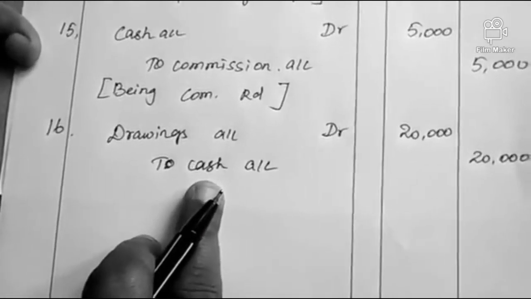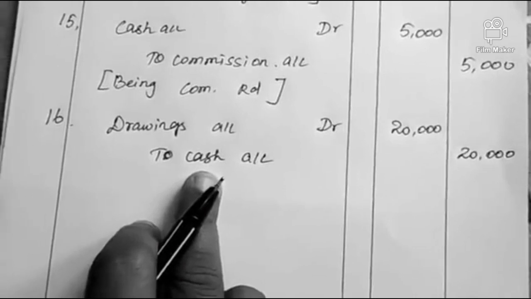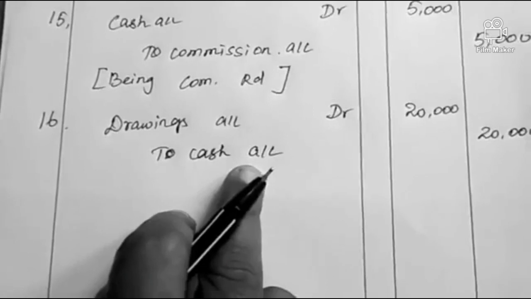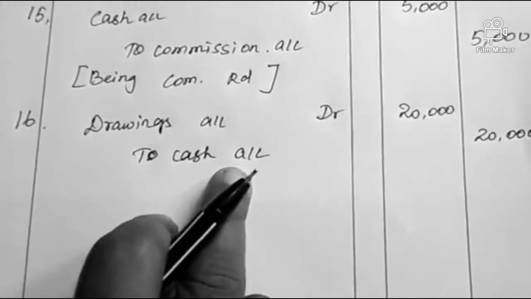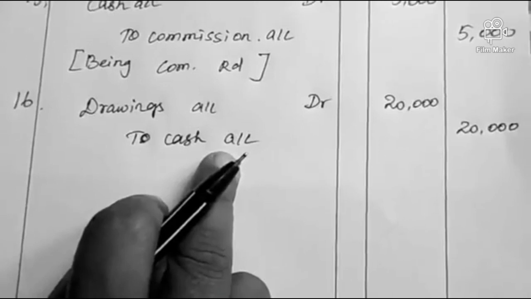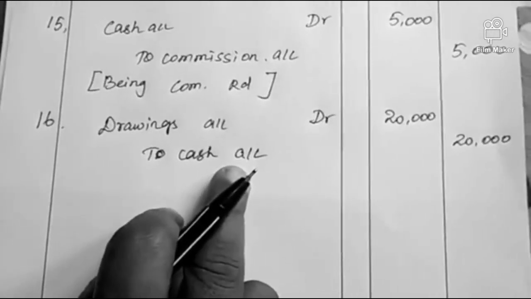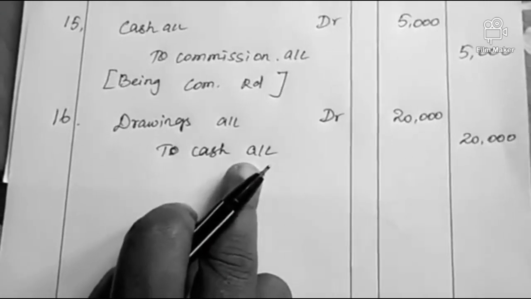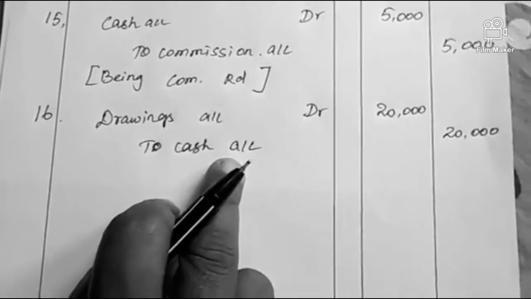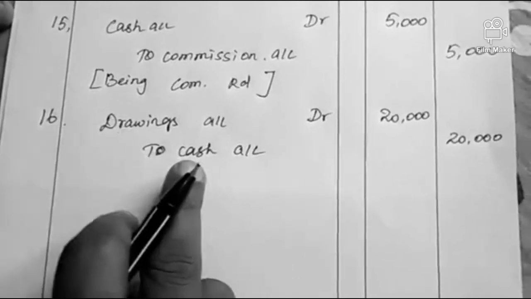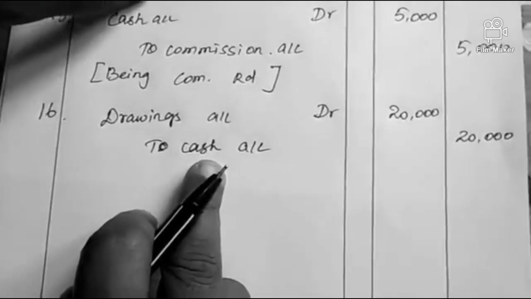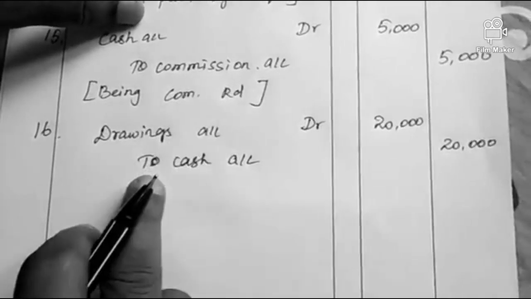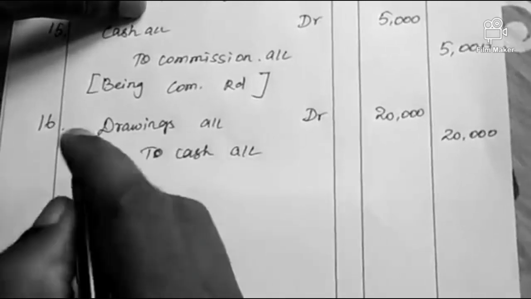If in case of goods taken from the business for personal purpose, drawings account debit to purchase account. When you take any item or any goods from the business, it will decrease the purchase account. So purchase is always on the debit side, no? So when the proprietor takes any articles or any goods from the business for their personal purpose, it will decrease the purchase account. So drawings account debit to purchase account. But according to this transaction, Alice withdrew money from the business. So cash. Drawings account debit to cash account.